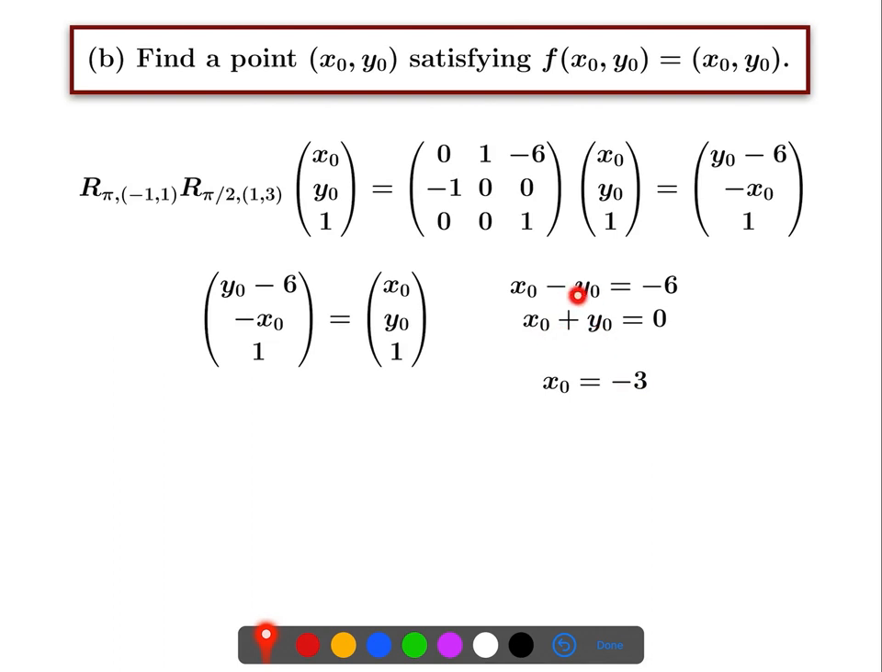Or you can look here and add x naught to both sides, and you'll get this is minus 3, and so this is minus y naught, and y naught is again 3. So either way, you're going to get y naught equals 3. So this must be what x naught and y naught are in order for this to equal this. And once that happens, we see that the double rotations of x naught, y naught are going to end up being x naught, y naught. So the answer to part B is the point minus 3, 3. So that is the point that stays fixed under the double